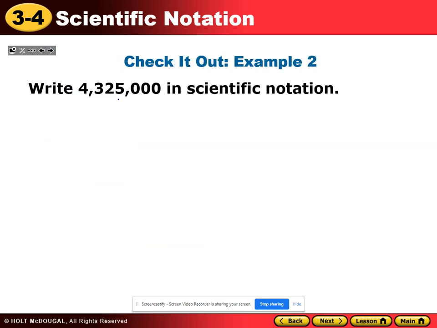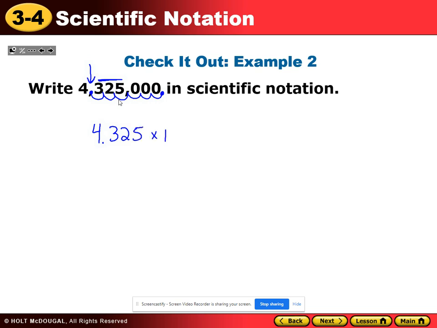Okay. Here, we need to start where the decimal is. Oh, the decimal's right here. We need to get to that spot where there's one whole number left of it. A 1, a 2, a 3, 4, 5, 6. Oh, it just happens to be 6 again. Now, I write 4 point, and I have to write all of these numbers I just put a line above because they're not zeros. 3, 2, 5